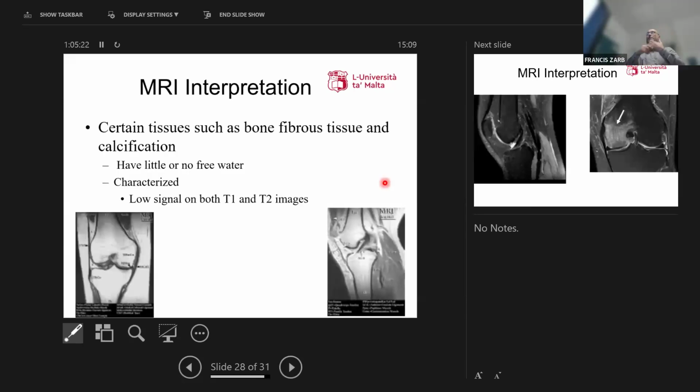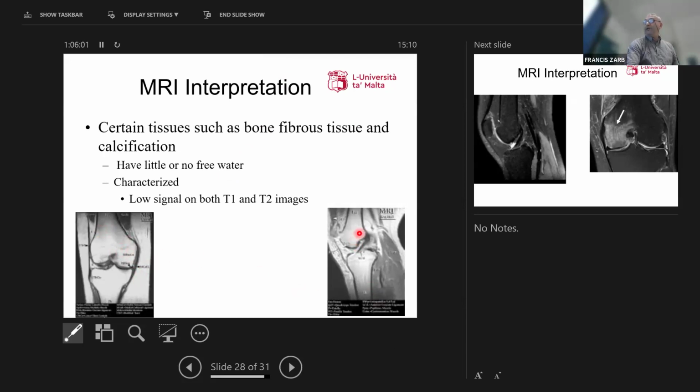Certain tissues, such as bone, fibrous tissue, and calcification, have little or no free water. So they don't have much hydrogen. Or the hydrogen molecules are not free to spin, they're not going to give a signal. Right? So irrespective of whether it is T1 or T2, they don't give a signal. So they would appear dark, hypo-intense. Right? And there you have an image of the